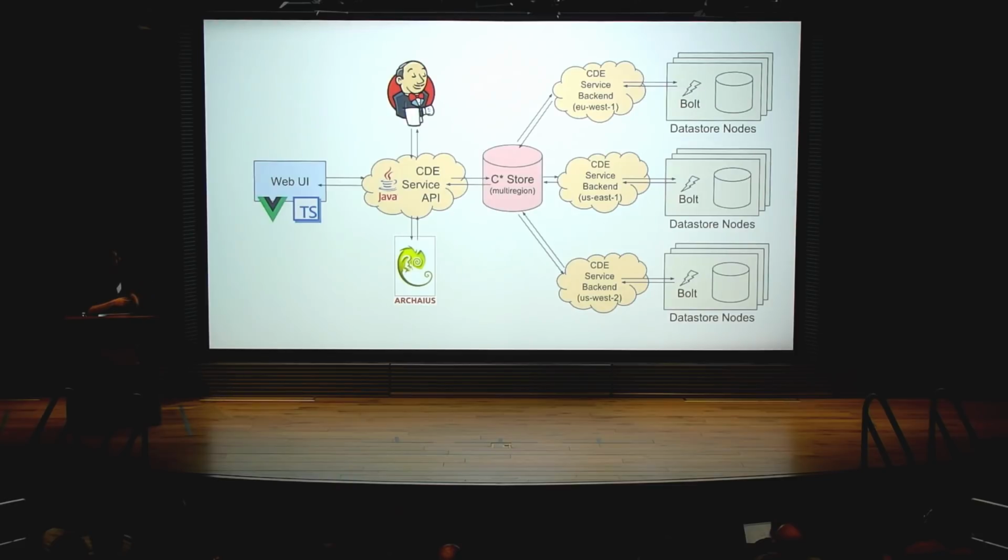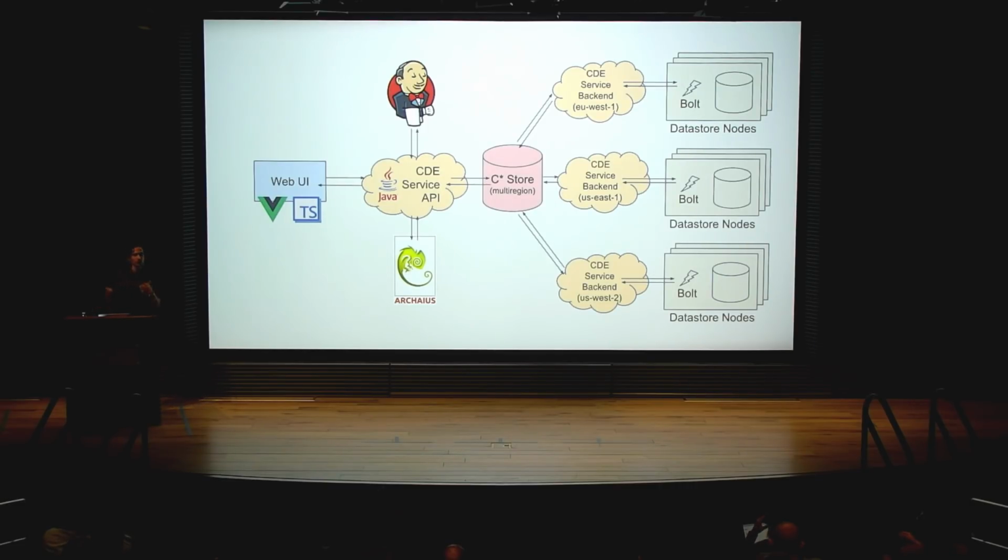The gateway then talks to Jenkins to kick off some of the automations that the team already has. So things like the Elasticsearch cluster creation that I mentioned, we're translating the requirements into those parameters and kicking off the Jenkins job behind the scenes. It also talks to Archaeus for managing some of the other configuration properties.